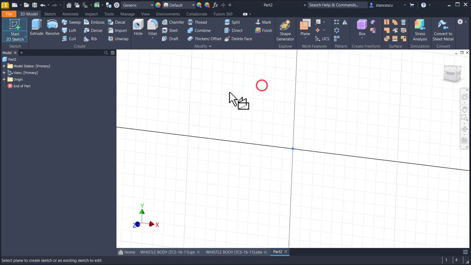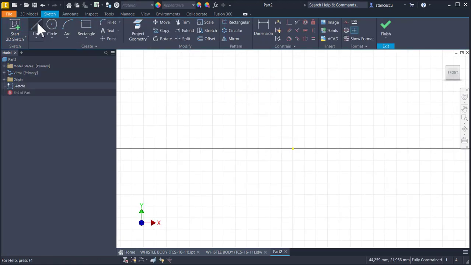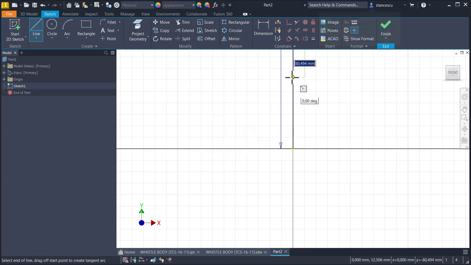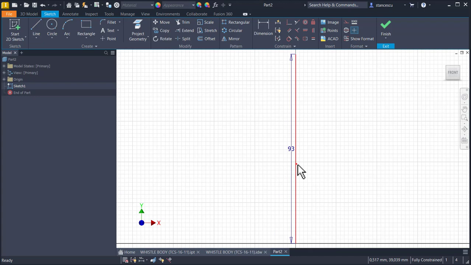First sketch, XY plane, line, up 93, this is a center line, and we continue with the lines. This is the first, down, left, down, right, again down,